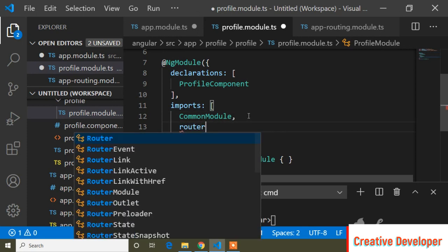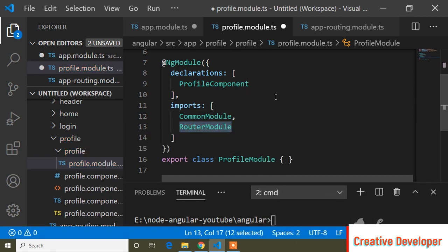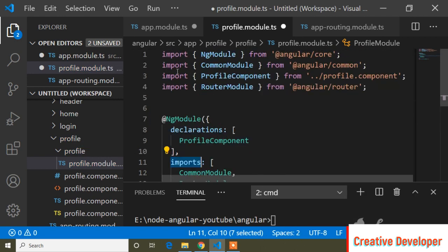After importing router module in our imports array, you have to make sure it's automatically imported on this line or not. If you are using Visual Studio Code, then you can find it's automatically imported. Otherwise you have to import this router module manually here. And now we can see I imported this router module here.